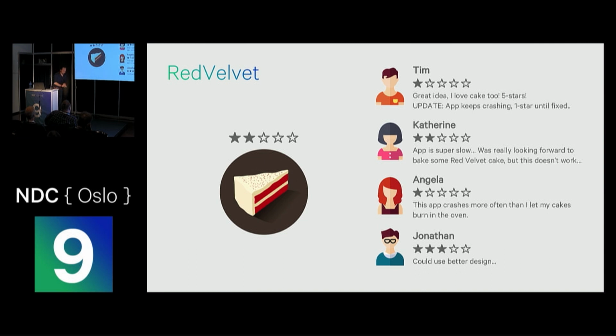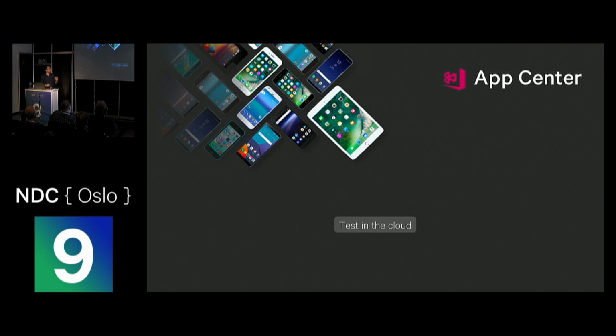So what the team could do is buy all the Android devices that are currently out there. That's going to cost them a lot, because there are thousands of different kinds of Android versions together with hardware versions that you can mix and match. But luckily for the team, there was a service called App Center. It used to be called Xamarin Test Cloud. It is rebranded as App Center, and it allows you to do the mobile app testing in the cloud. And even though it's called a cloud, it's actually physical devices running somewhere in the world, where they bought all those devices for you. So you don't have to do that again.